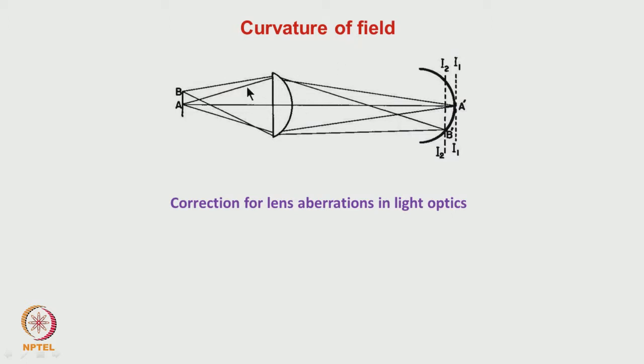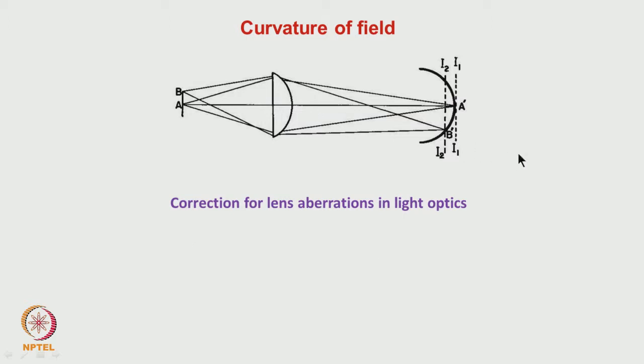What is the curvature of the field for a lens like a planar convex lens? For an object lying perpendicular to the optic axis, one can see that for rays along the optic axis, the image is formed at this particular point, obeying the paraxial ray condition or the Gaussian formula. For rays far away from the axis, the image is formed at a point in front of the Gaussian plane. Because of that, there is a curvature of the field.